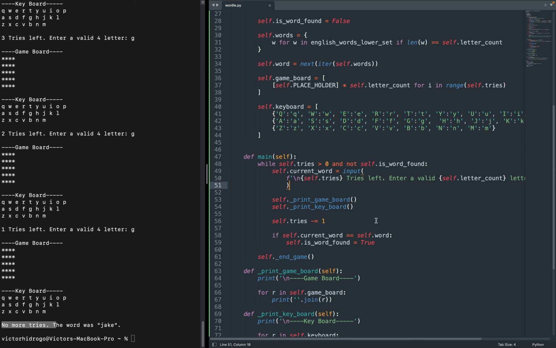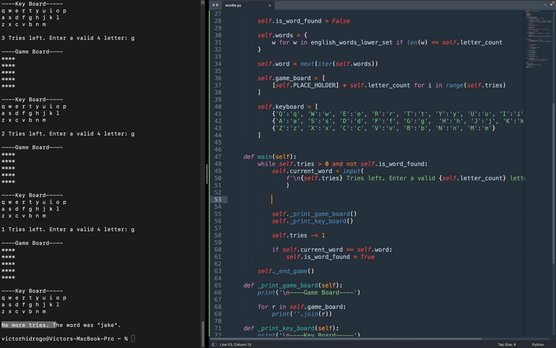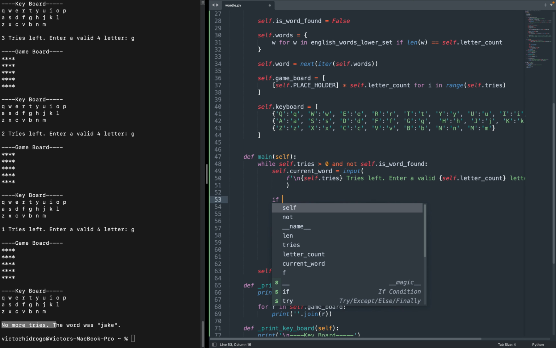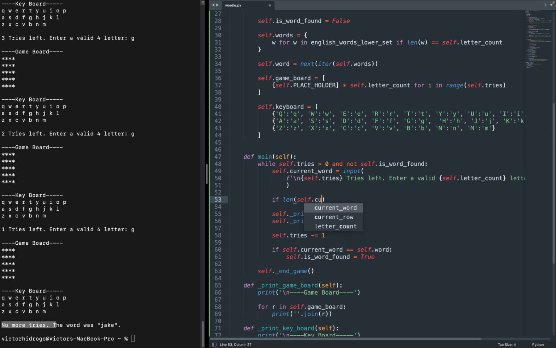So we need the validation in here. We'll need to check for 2 things. One, that the number of letters is equal to self.letter count, and then we'll also need to check that it's a valid word. We can start with the number of letters. So we can say if the length of the current word doesn't equal self.letter count, and then